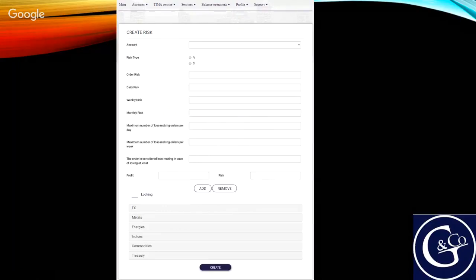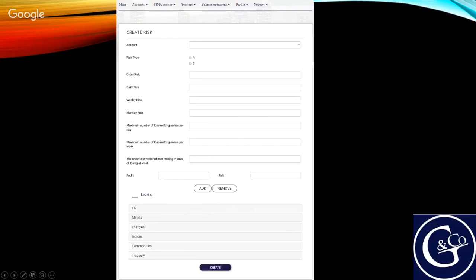Then risk per one day, daily risk. Risk per one week and monthly: weekly risk and monthly risk. It's very important to fill all these columns. Why? Because, for example, if you reach the monthly losing limitation, for example, you have 3 deals per day, you have 6 or 7 deals in the weekly plan as a losing streak, and you plan to lose no more than 10 deals per month.